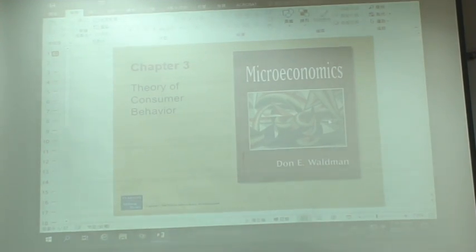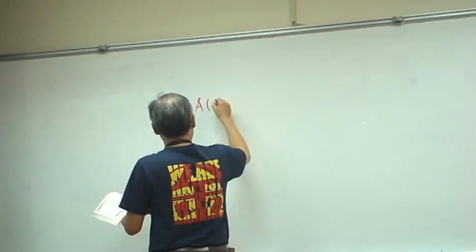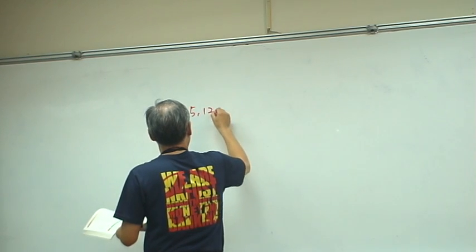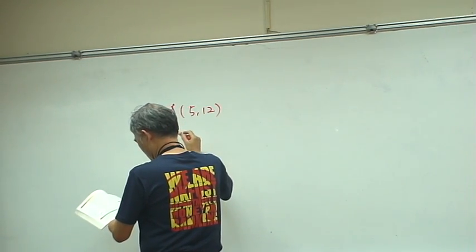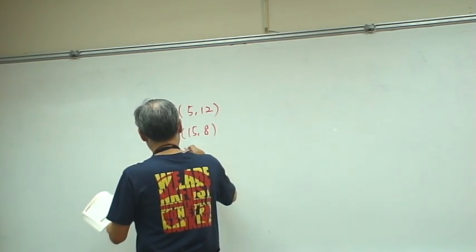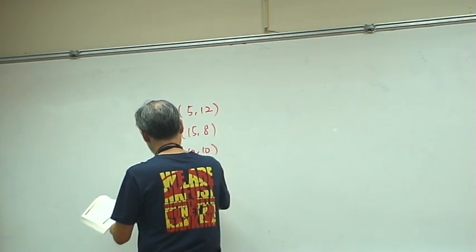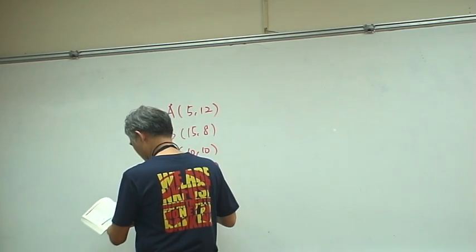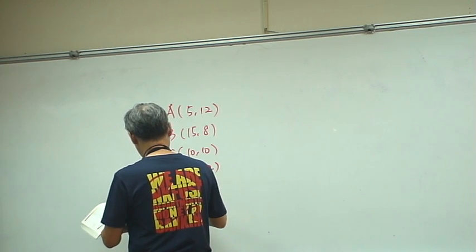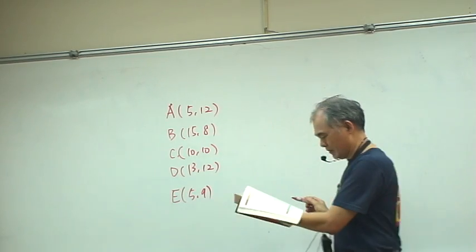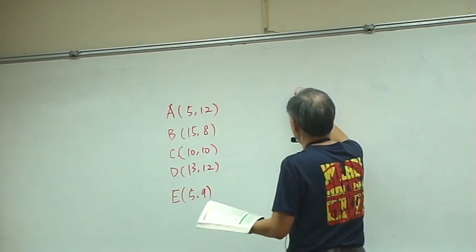We have A is equal to (5,12), and B is (15,8), C is (10,10), and D is (13,12), and we have E (5,9). Okay, the first thing we're going to do is to compare, and here we know that A is equal